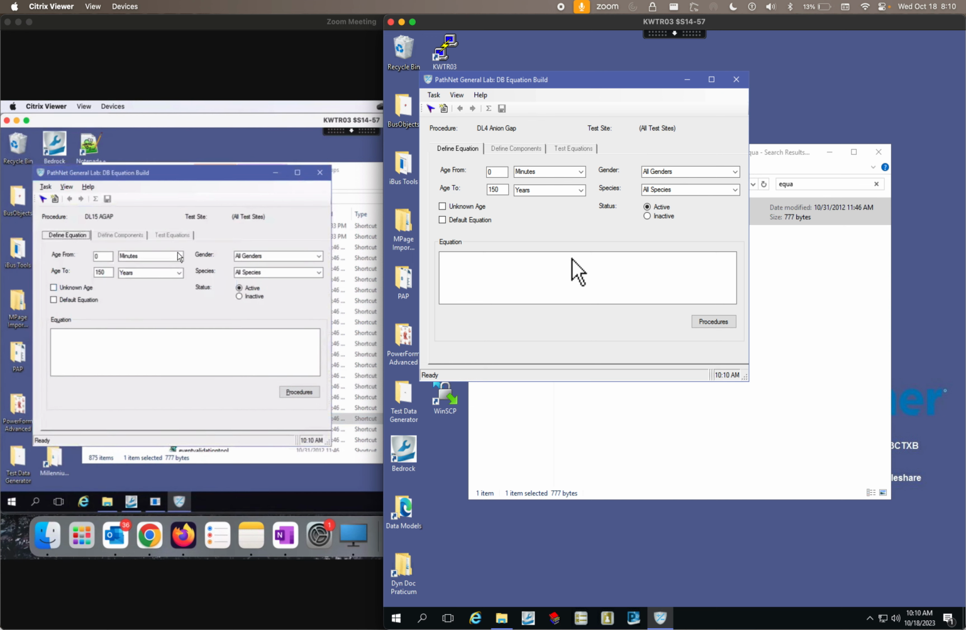All right, we do all ages, all genders, all species, so we'll leave that be. And let's see, go down here in my right section. We are going to put in our equation here. So sodium level plus potassium level minus chloride of